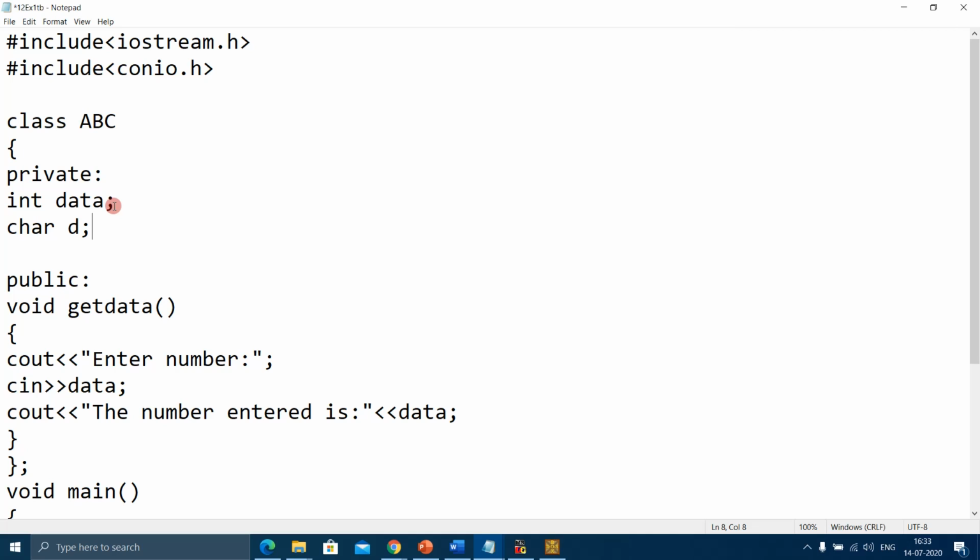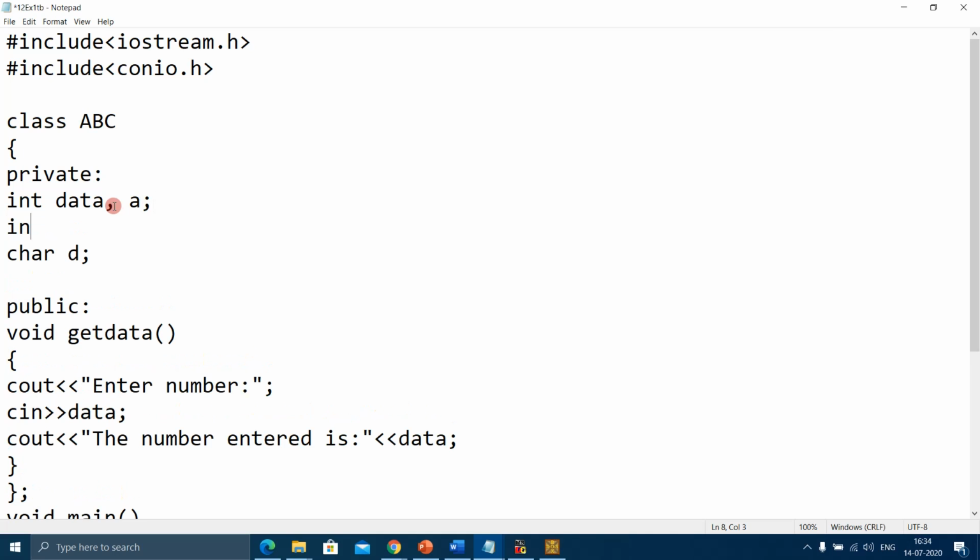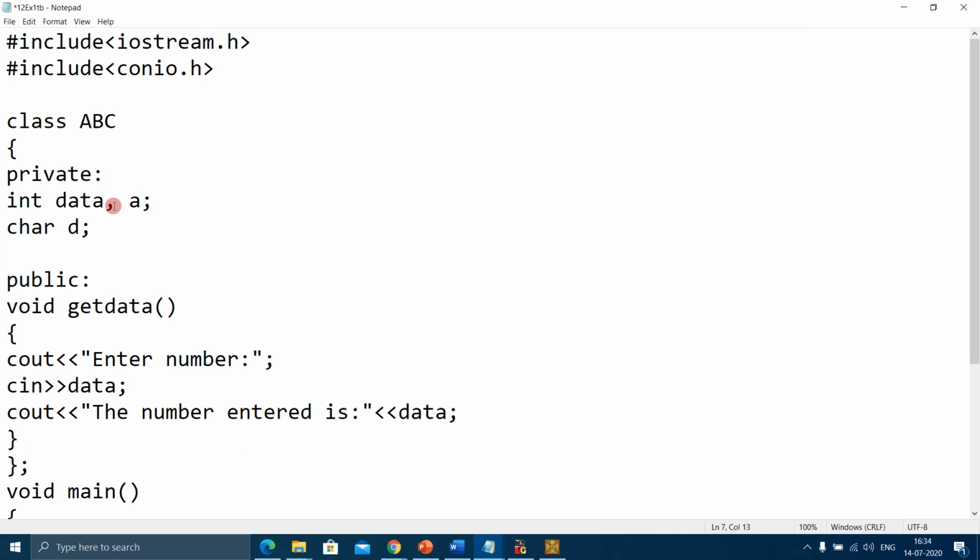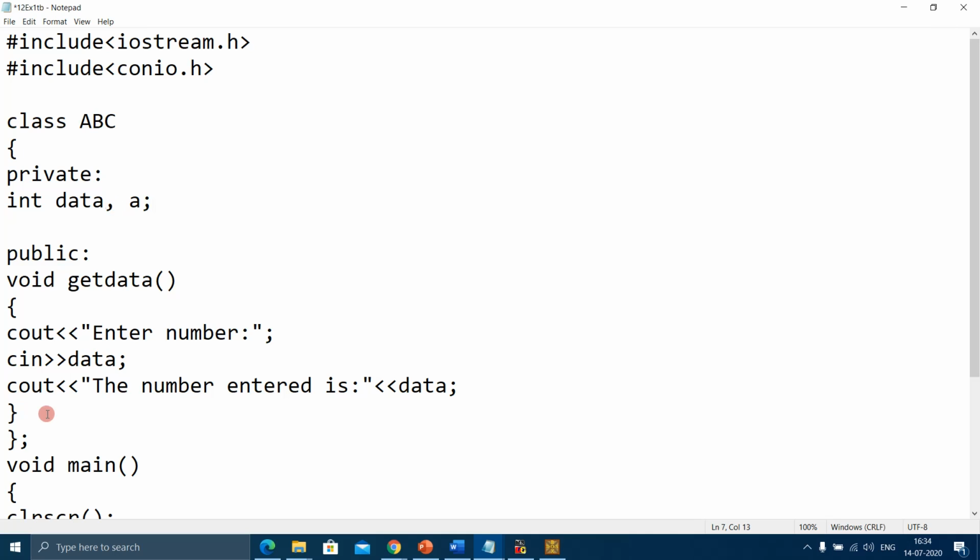Both should have a semicolon, separately. If you want to declare any integer variable other than data also, you can do it this way or this way. Got it? So I just wanted to say this char d is also private if you write something like this.